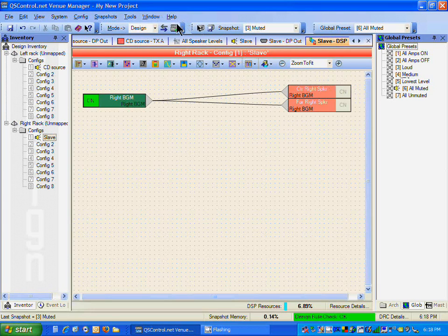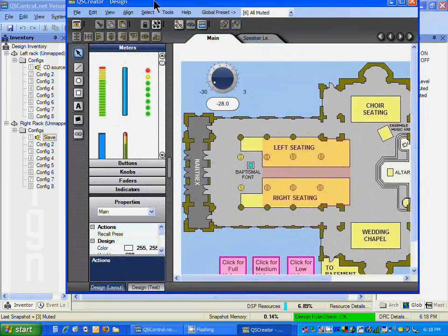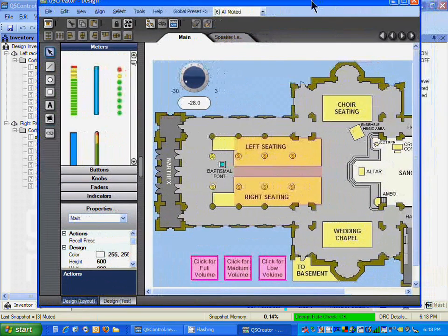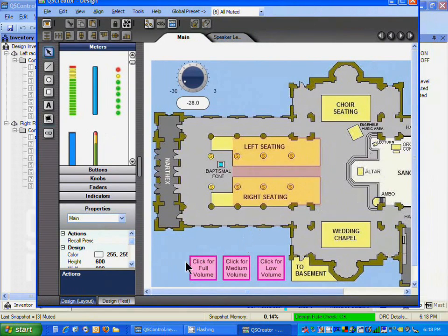And we saw that I also had a QSCreator application that, in this case, I used a bitmap image of a church, but it just happened to be the image I had handy for the tutorial. And I put some what appear to be buttons. These are really just text boxes with hotspots overlaying those to fire off different global presets for the full volume, the medium volume, the